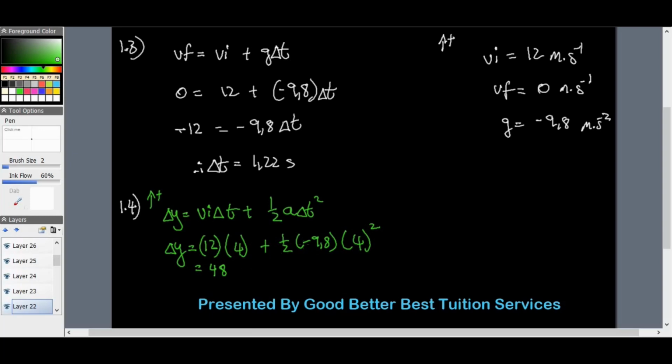Half of negative 9.8 is negative 4.9, times 4 squared, that's minus 78.4. Therefore my delta y is going to equal negative 30.4, which is basically equal to 30.4